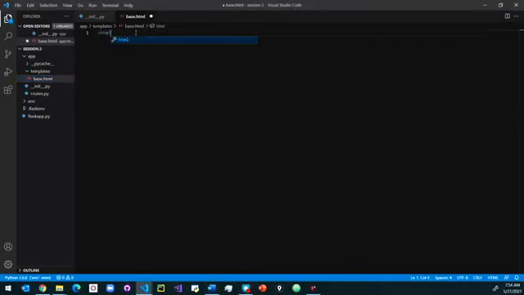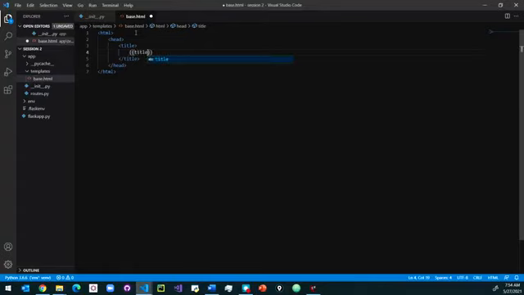So starting from the HTML core to the head tag. Inside the head tag, I'm going to have a title, and inside that title, I'm just going to create a variable holder. So if there is a variable, then that variable will be replaced, or else it will just display it as home page.